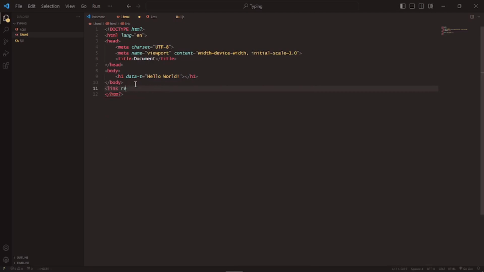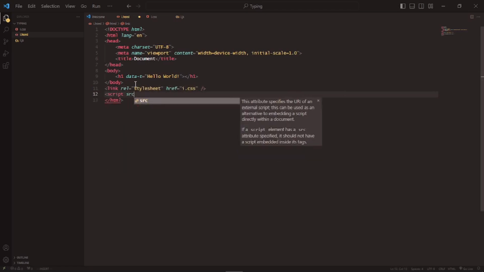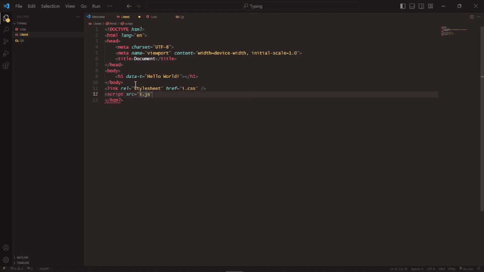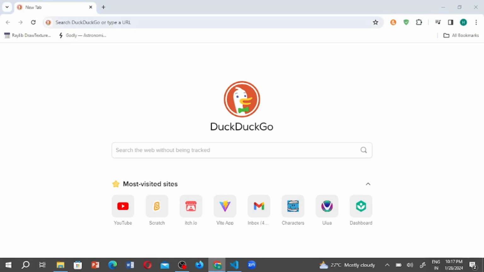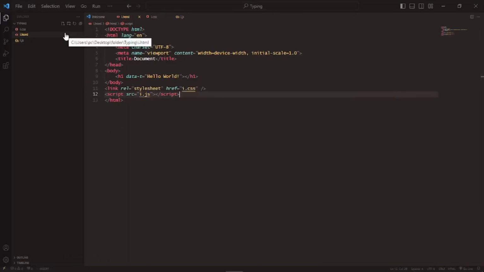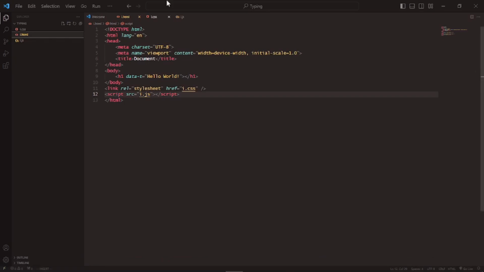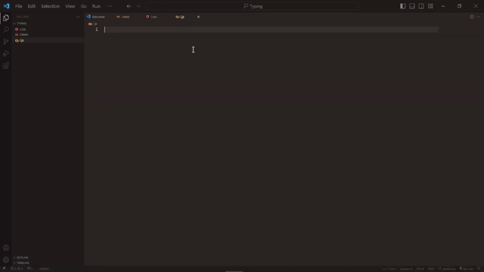link rel equals stylesheet, href equals i.css, script source equals i.js. Save. And now I'll copy the path, paste. So now you see we have a blank screen. Now the first and foremost thing to do is that